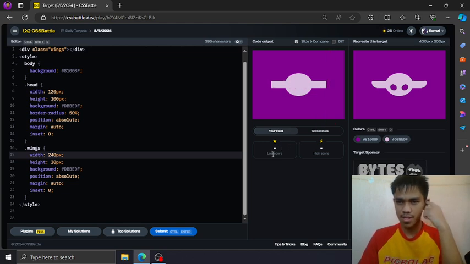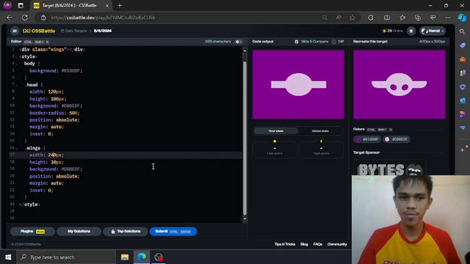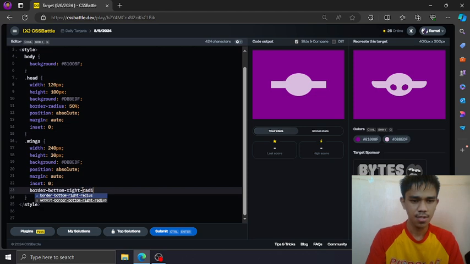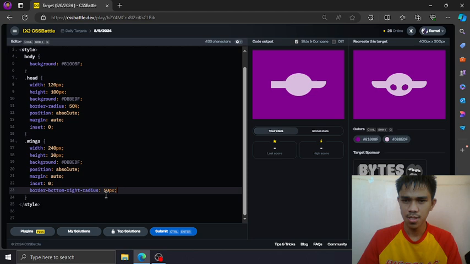Right, then border radius to the bottom left corner and the bottom right corner. So do that. Border bottom right radius, 50 pixel. Alright, doing good.